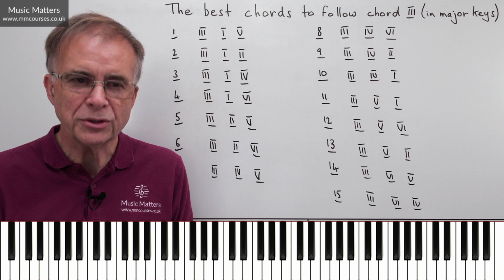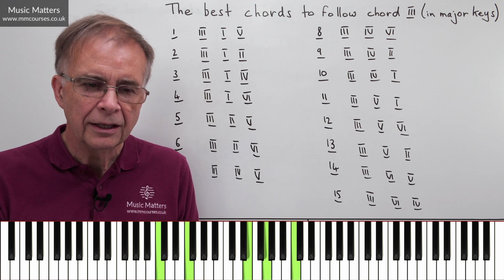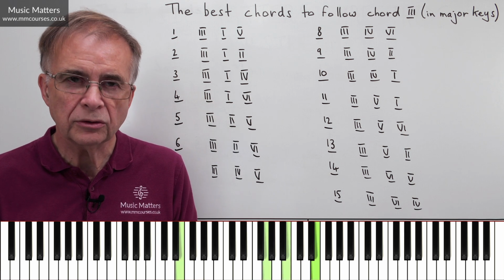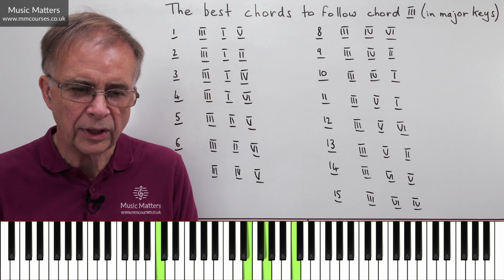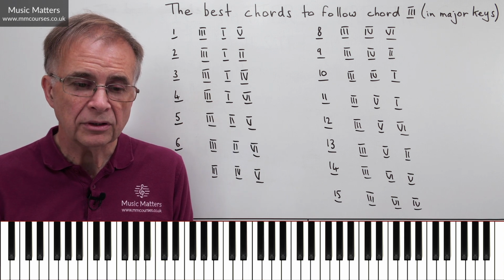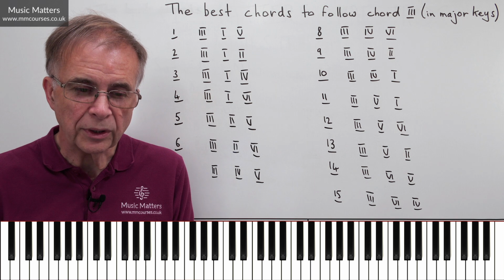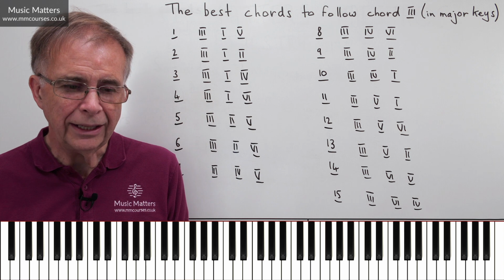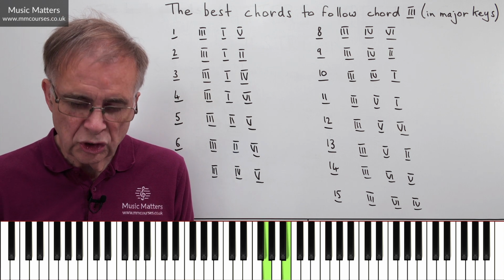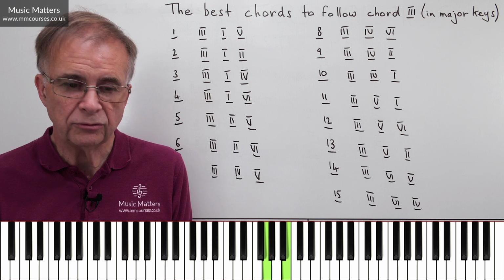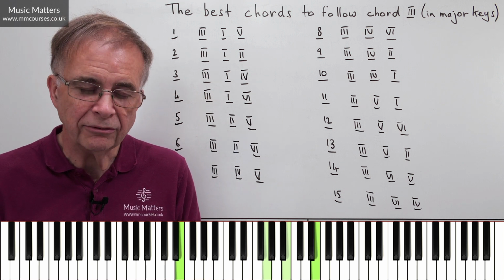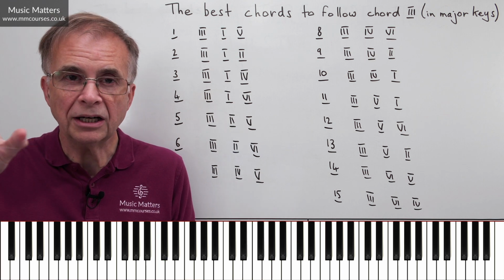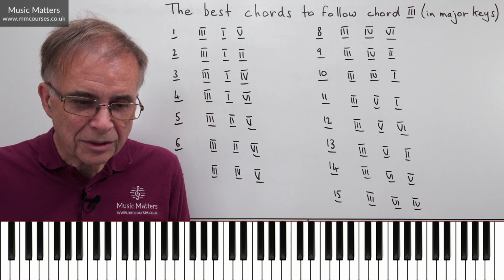Option 10, 3 to 4 to 1. Quite a strong move because you get a cadence going from 4 to 1. So 3 to 4 to 1 goes quite nicely. What about number 11? That's giving you another cadence, 3 to 5 to 1. Again, it's another strong one in a way because in chord 3 you've got a G and a B. In chord 5 you've got a G and a B. So you've got 2 common notes going from 3 to 5. And if you can repeat those common notes in the same parts, that gives you even more stability.